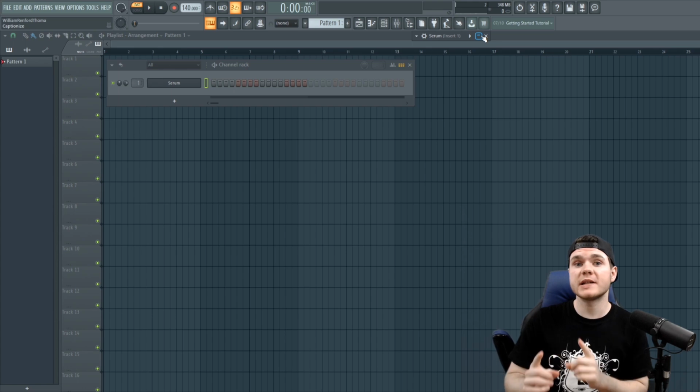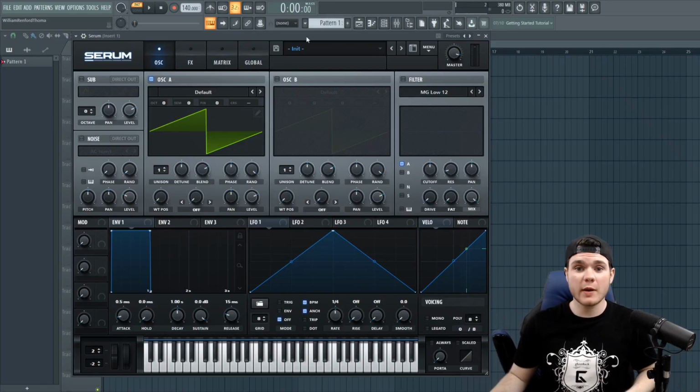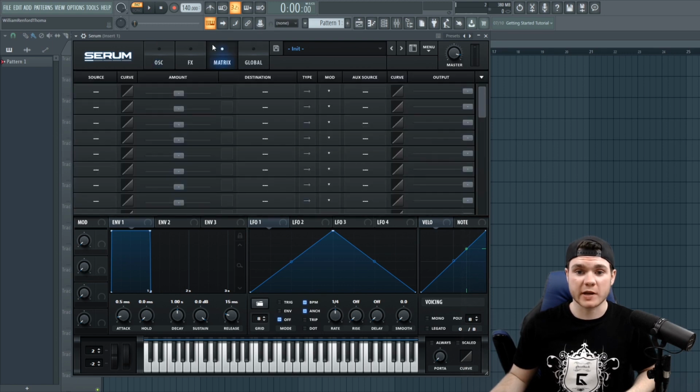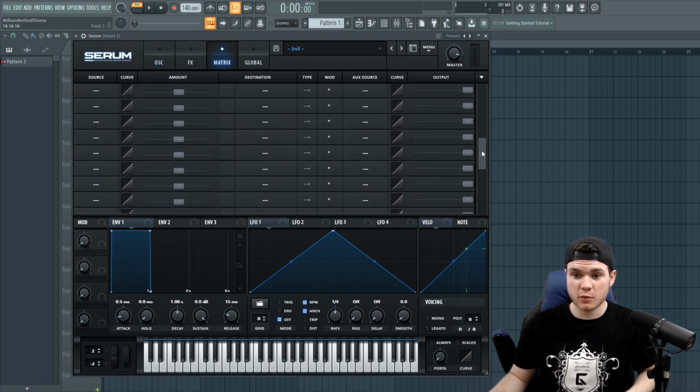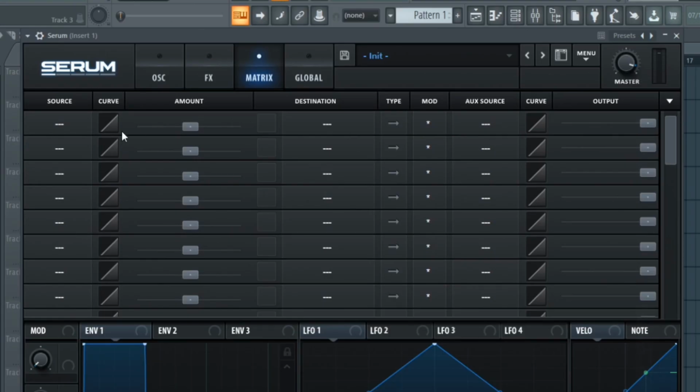So step 1 is to acquire Serum. We got it. Step 2 is to open up the matrix, and suddenly you are presented with these little boxes of weird lines and shapes and knobs. Now this layout may look kind of complex and complicated. It gets all sciencey and into engineering. You just want to make music, but I can break this down for you so it's a lot easier